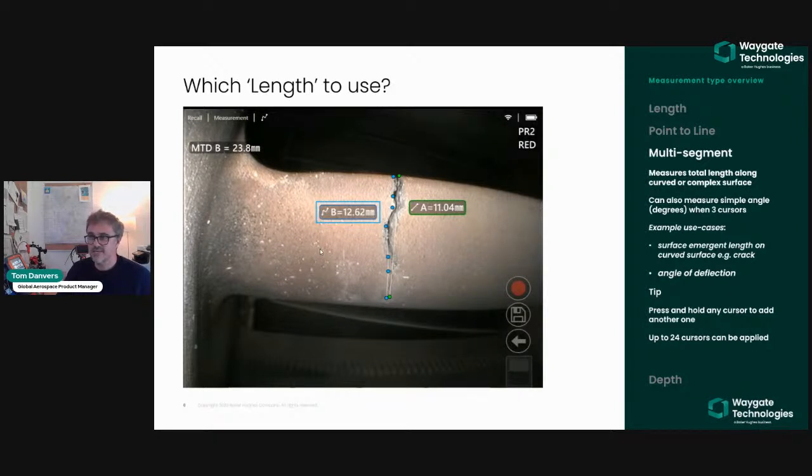And so this is, okay, it might not look it on this two-dimensional screen, on this flat surface. This is a very curved surface. So these are typically situations where you would choose to use multi-segment. Ideal for not just tracking the surface emergent length of a crack that might be passing through different lengths or different corners. You can do a straight length with a multi-segment, but every time you place your cursor onto the screen,